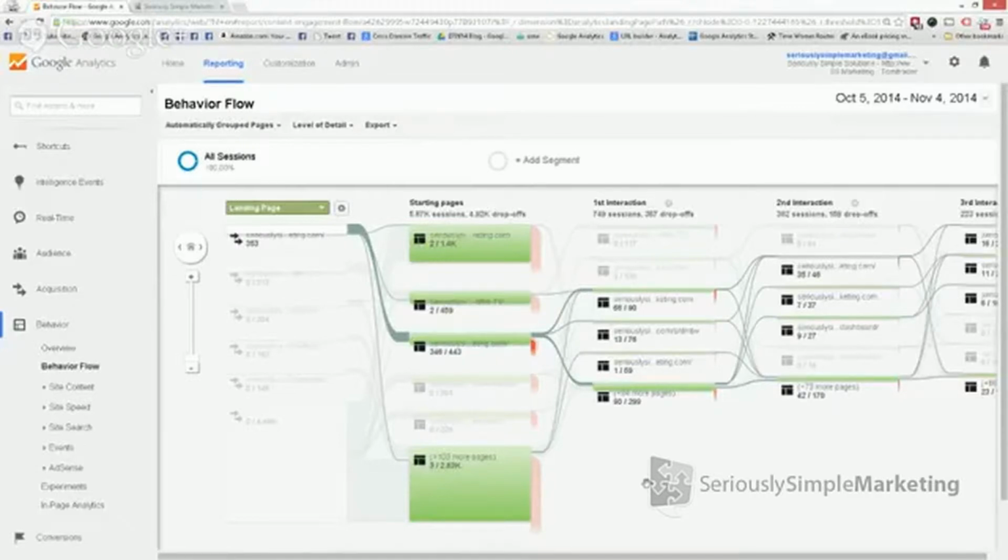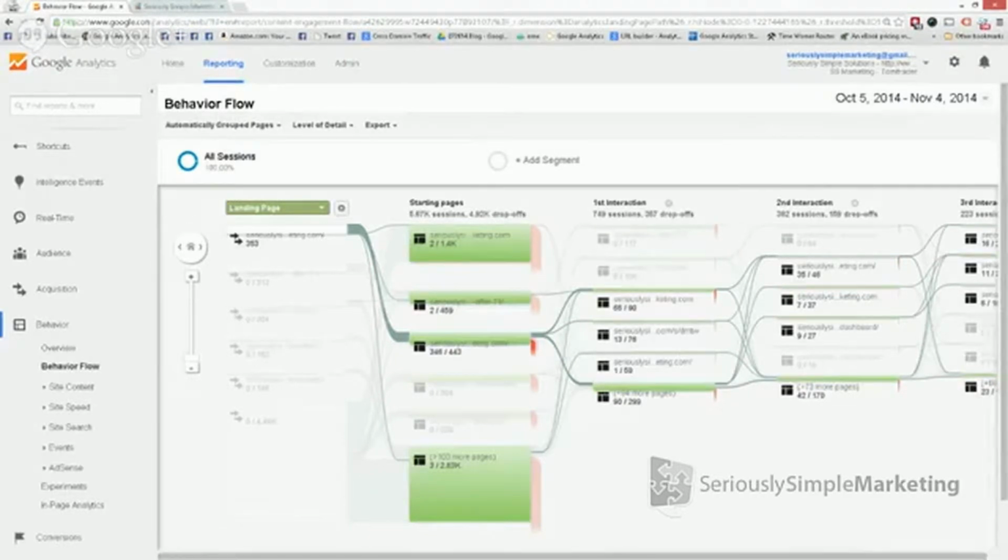So there's lots of things that you can do with this report, but it does take a little bit of time if you're going through there and clicking on things. And there's nothing you can change on this. So this is just all viewable data. So you don't have to worry about breaking it. Click on whatever you want and, again, play with it. That's part of the fun with Google Analytics.